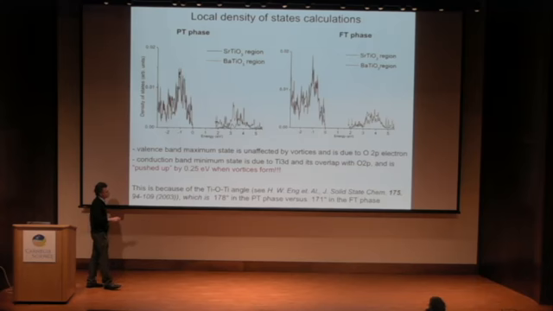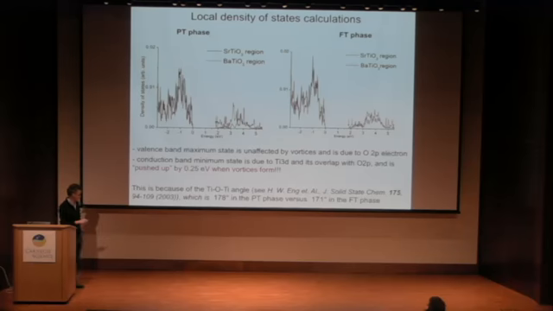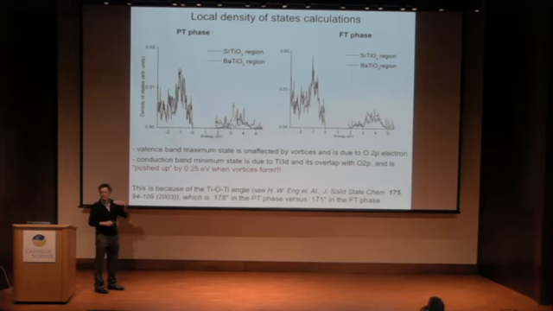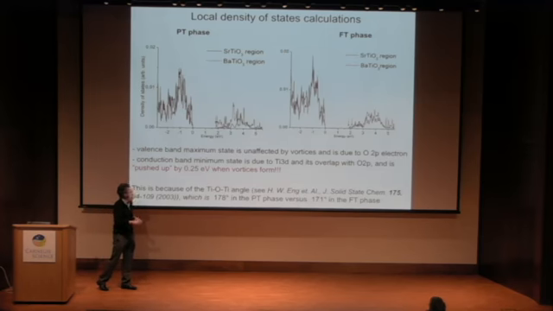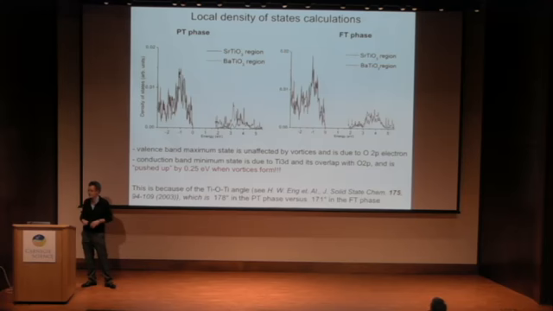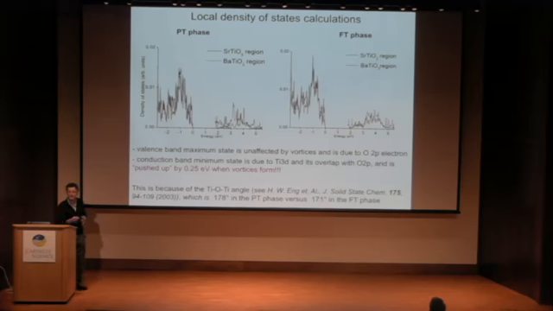And why is that? I think we also saw that in the paper of Andrew Rappe's group, but it's also indicated in this nice paper, that basically your conduction band edge state is completely governed by this titanium-oxygen-titanium angle. The further away you are from 180 degrees, the further you push up the conduction band state. And this is what's happening. You have 178 degrees in this PT phase and 171 degrees in the FT phase. So that's why when electrical vortices form, the angle deviates more from this ideal 180 degrees, and then the conduction band edge state is pushed up.